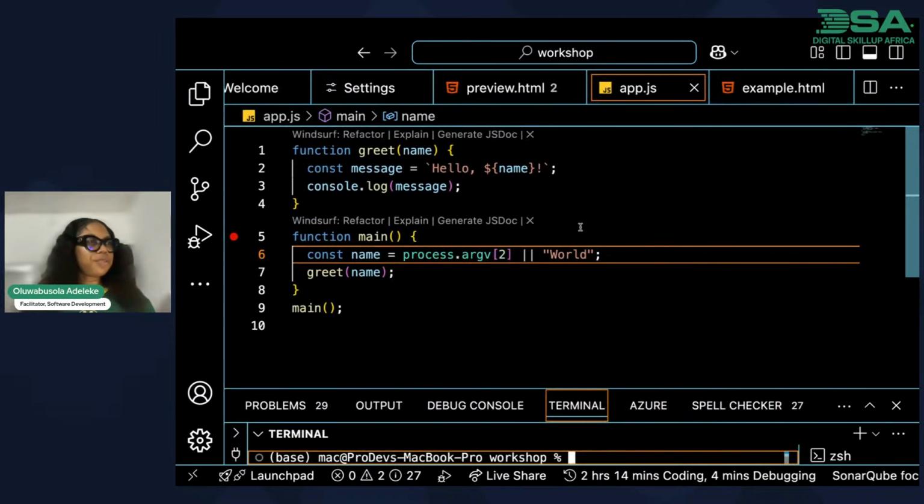Control B will remove that sidebar for you. Control B on Windows, or Command B on Mac, will remove that sidebar for you. Okay. And now that we have this,